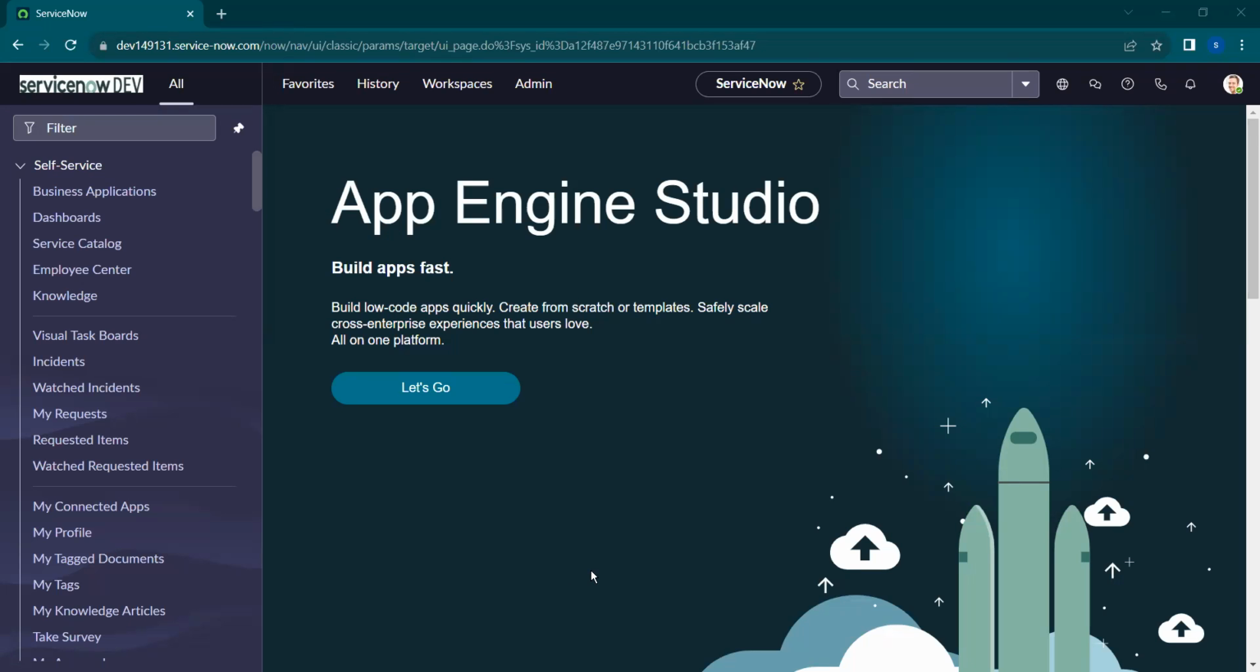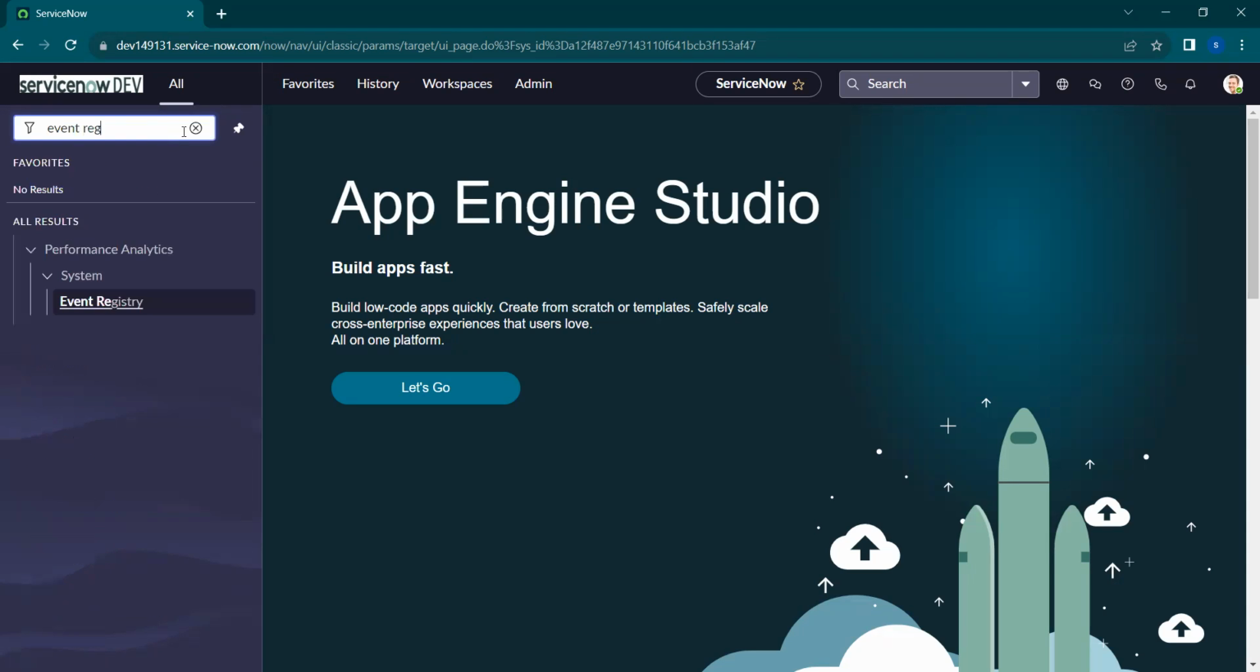Hi everyone. In this session, we'll learn how to fire an event and send notifications through that. So for that, first we need to register an event and then we need to fire that event using the trigger. So we'll check that today. So first, we have to navigate to event registry module